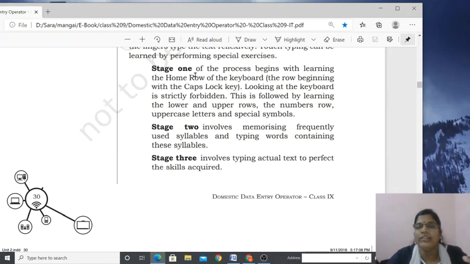A, S, D, F, semicolon, L, K, J. So first practicing from the baseline, then to the lower, that is the bottom row, then to the upper row. For the 3 rows we have different lessons to practice, and after practicing the 3 rows, we can practice the numeric number pad, to effectively type the numbers in a very speedy manner.